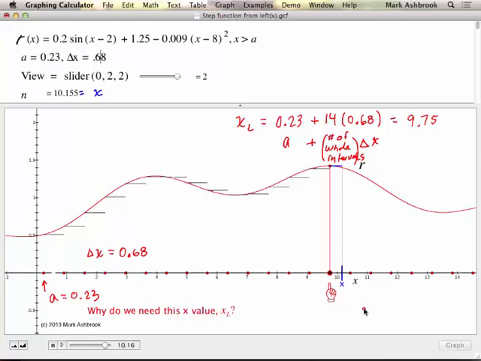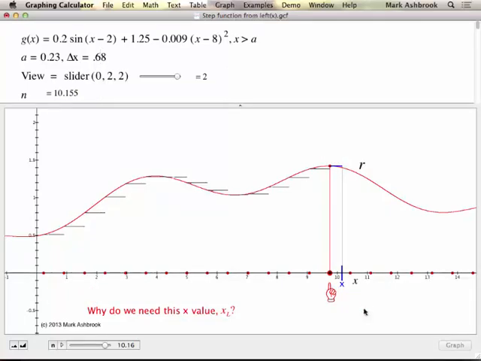Okay, got the idea? All right, let's try another example. What's our goal? Our goal is accuracy. So let's do